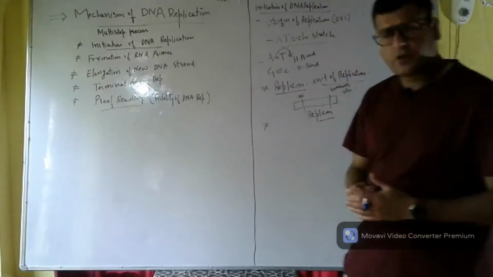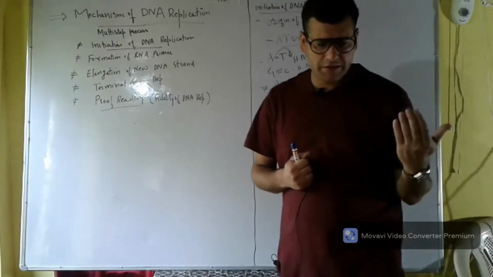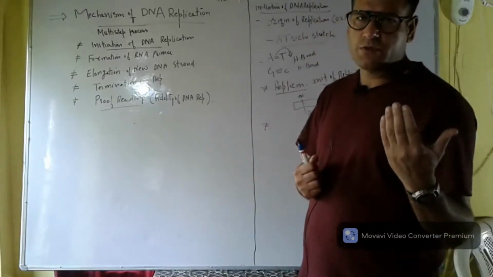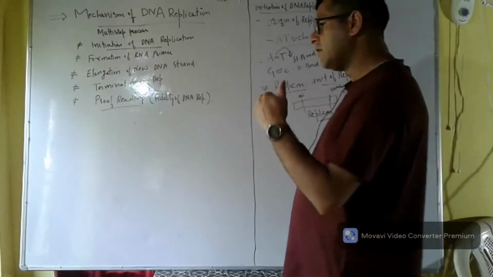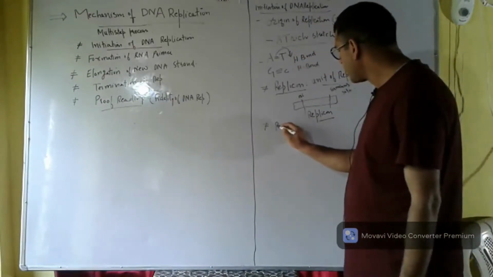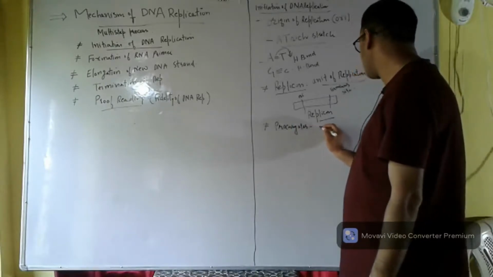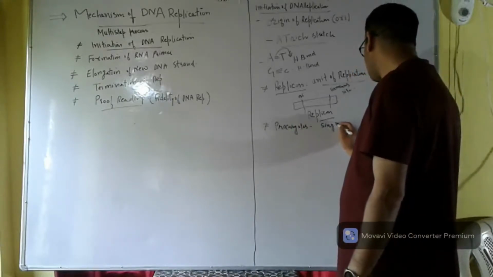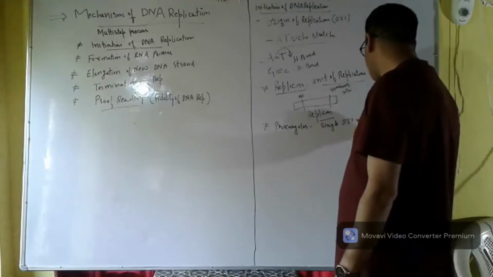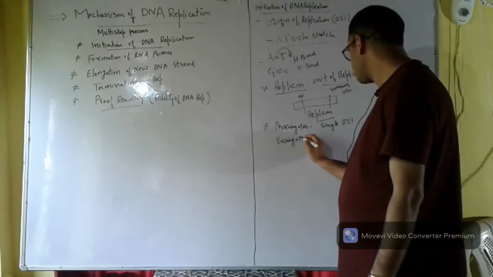Remember that in case of prokaryotes, we have a single origin of replication, while in case of eukaryotes, we have many origins of replication. So prokaryotes have a single origin of replication, and eukaryotes have many origins of replication,